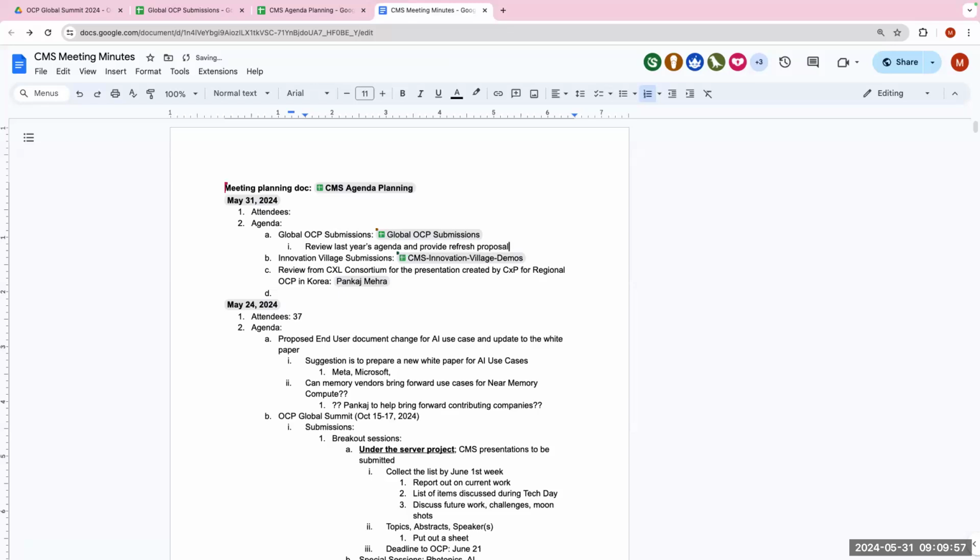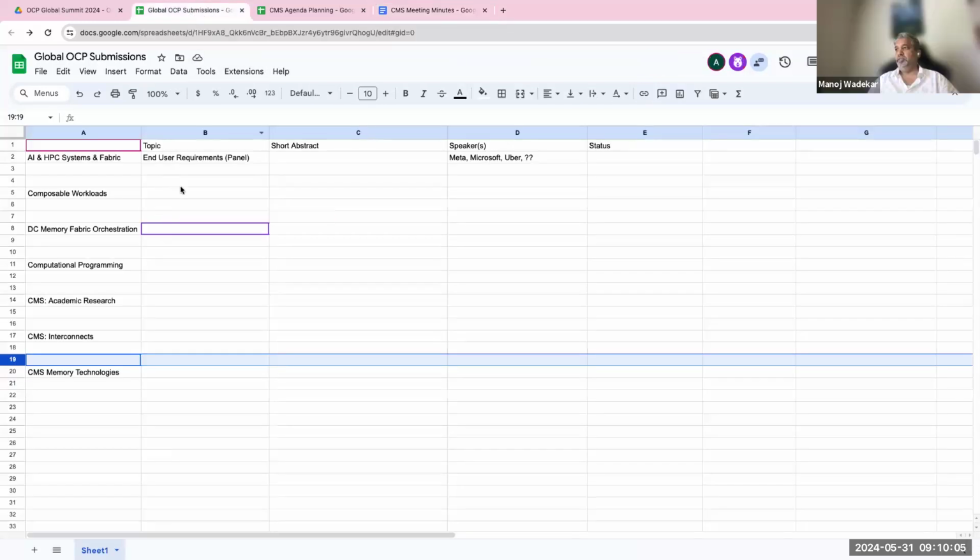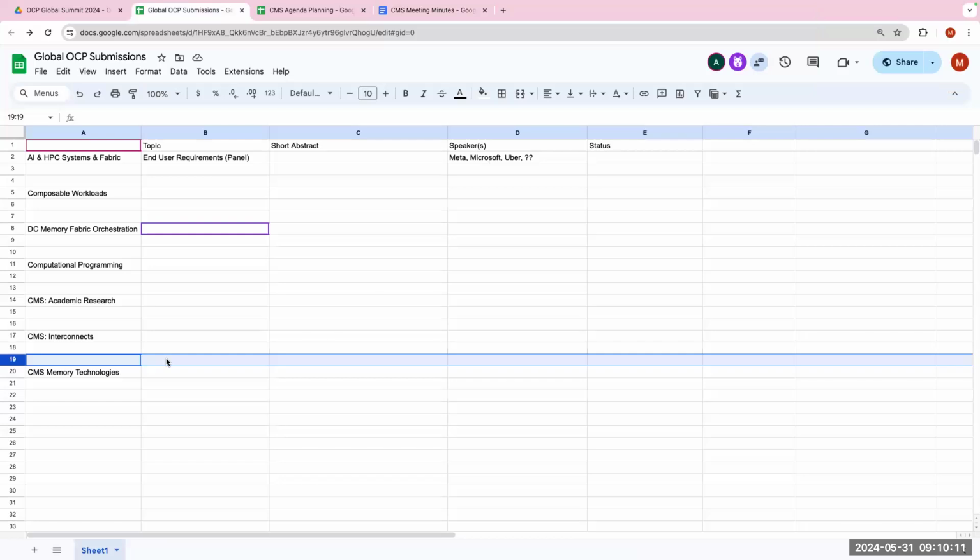I know some of them will be missing, right? AI stuff will be missing for sure. Yeah, we want to see if we can start from there. You're right. I can just pre-populate this and ask if people are ready to have a refresh presentation. Otherwise we'll just drop it, right? That way we essentially have a good baseline starting point. And if there is something that we had not done last year, then feel free to populate it here.